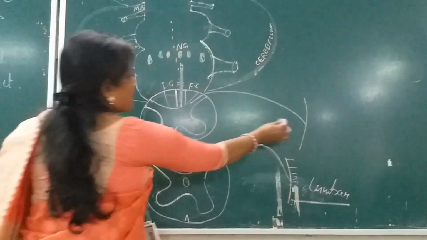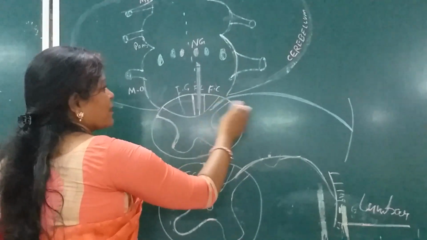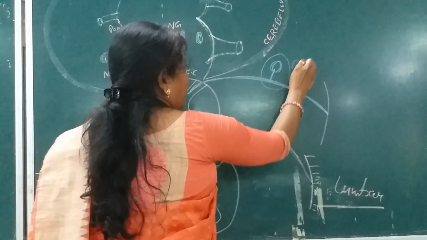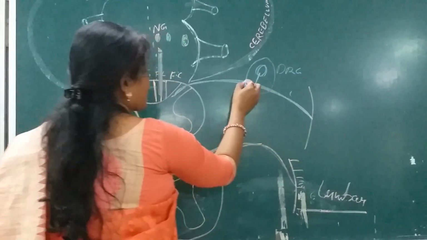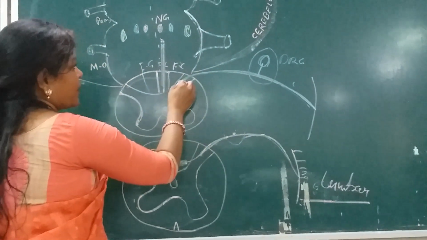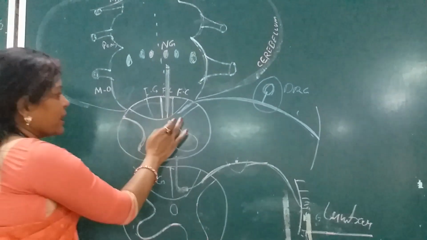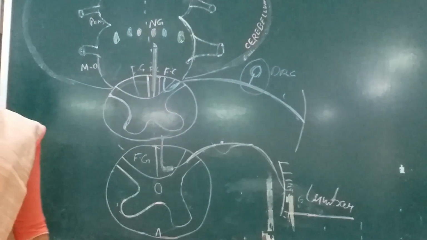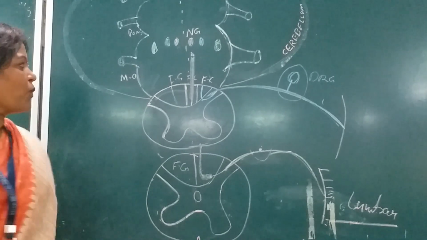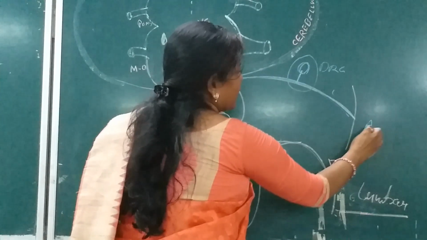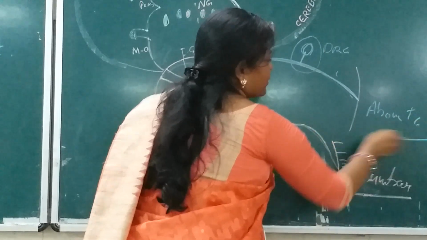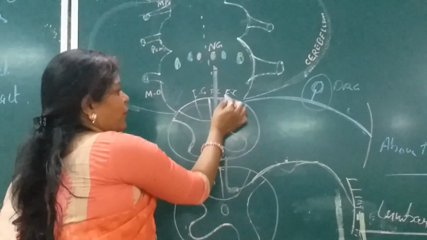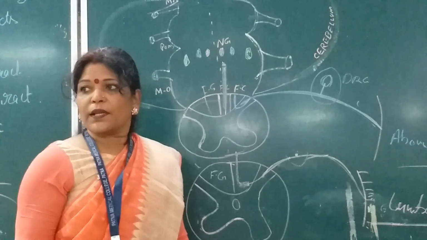Look here. Again, the same story. Here is the dorsal root ganglion. This is the peripheral process, and this is the central process. Without synapsing here, it ascends upwards. In which column? That is the fasciculus cuneatus. Why? Because it is coming from above the T6 level, the spinal cord section above thoracic 6. So this funiculus is the fasciculus cuneatus.